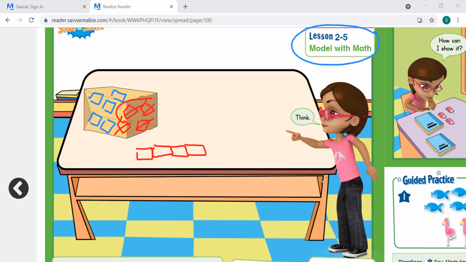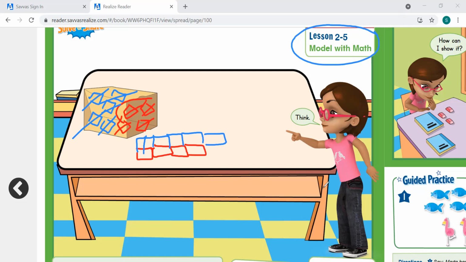Now I'm going to remove the blue cubes. So I'll take 1. I'm going to compare it. So I'm going to put it right next to the red. There's 1 more. Okay, another one. There's another blue cube and the last blue cube. So we want to determine which group has more. So I have